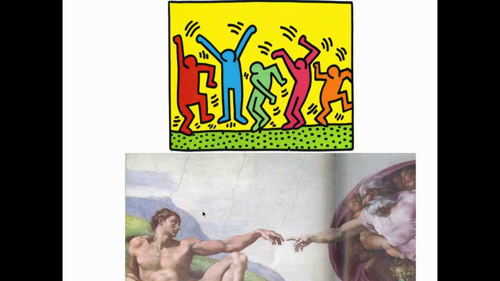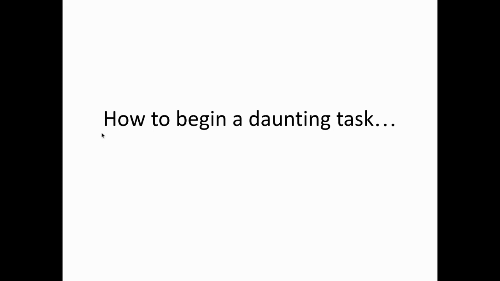But let's just take a look. Here's that same painting I just showed you, and here's another one. Now I ask you, there's a lot of things that look different, but what looks the same? They both have color. They both have moving bodies. They both have grass and a background. They both are figures. They're both interacting with each other. Kind of interesting. Sometimes art isn't so far apart as what we think.